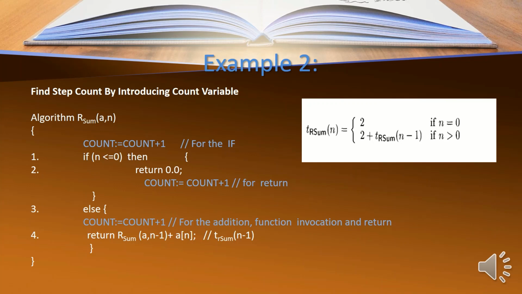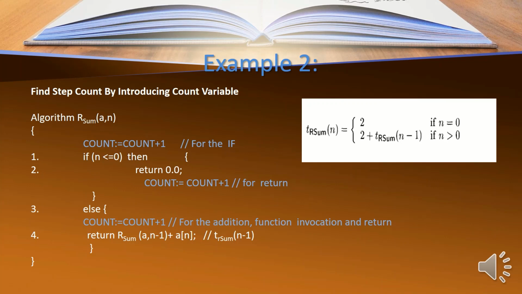So if n is 0, count gets executed twice: one for the if statement and one for the return. This count is common for this part as well as this part. So totally count will be count plus 2, that is, if n is 0, the step count is 2.